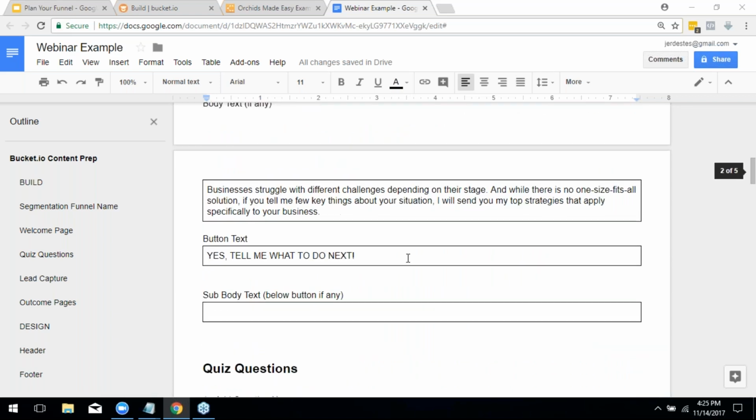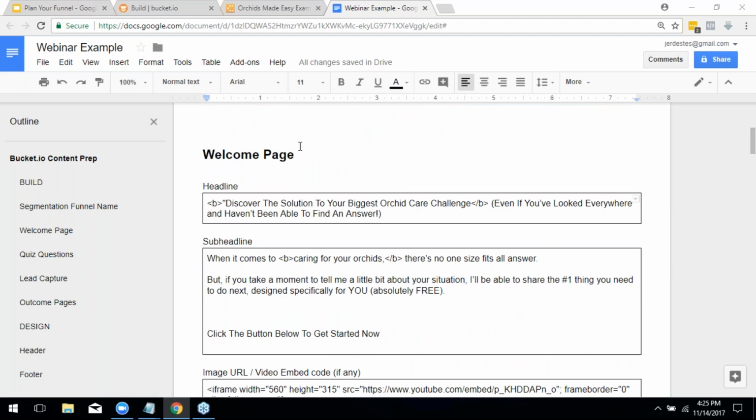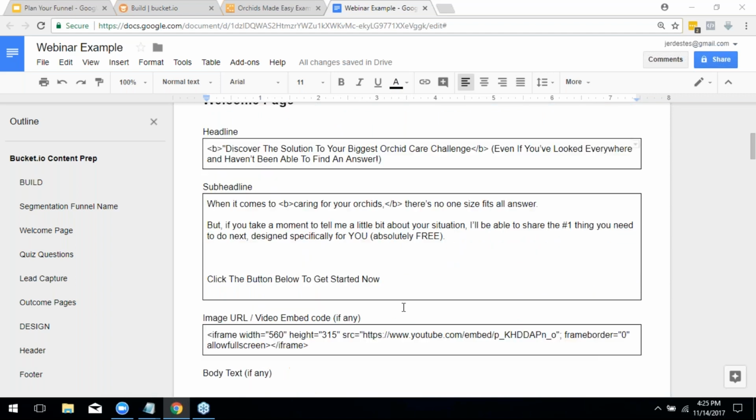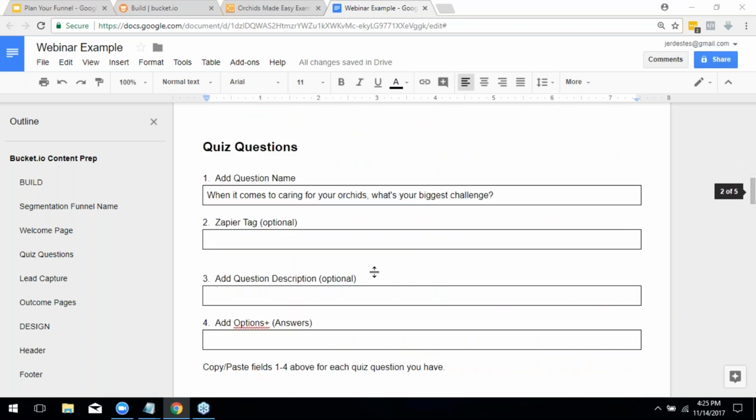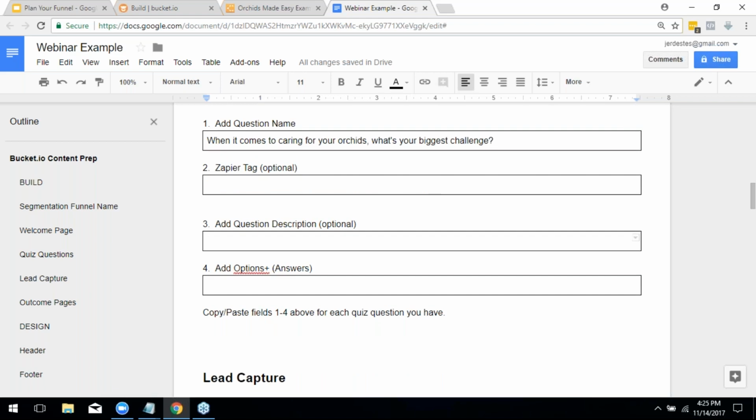All right. Okay, so what I wanted to show you guys here is real simple. Like I said, you can put your content in, get it ready to go, and then come in and start adding your quiz questions in, right? So you've got question name. If you're using Zapier, if you're using anything besides currently Infusionsoft, MailChimp, or Entreport, you'll be using Zapier. So you can go ahead and put your Zapier tags in here, add your question stuff in, add your options in,